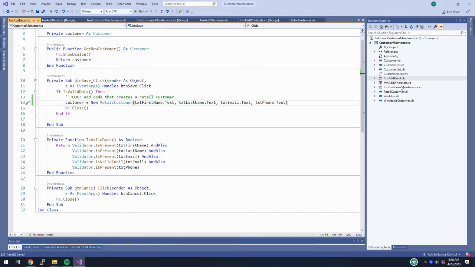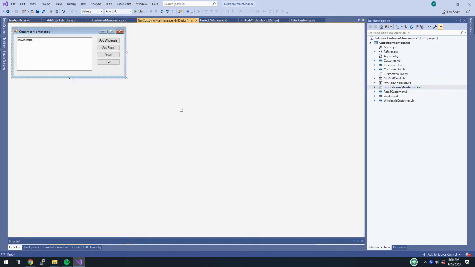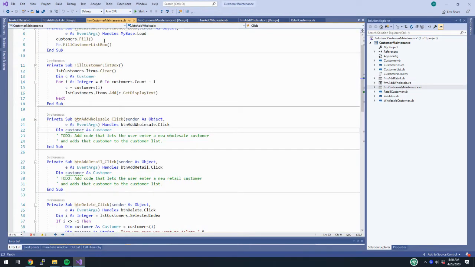Yep, that wrapped up step 5. And now onto step 6. Complete the event handlers for the click events of the add wholesale and add retail buttons on customer maintenance form. So we look at the customer maintenance form, click on add wholesale, and we need to complete this. All right, so